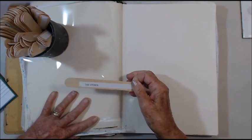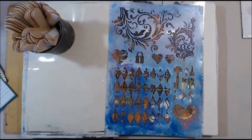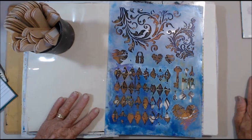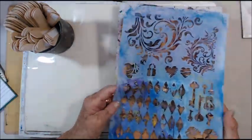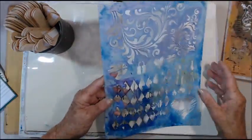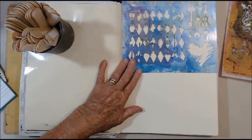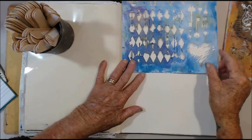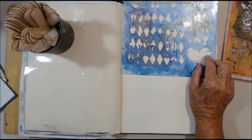What have we got? Use stencil. Right, I'm back and I've got a couple of stencils here. So now we're just going to decide what we're going to do with them. And I think I'm going to have a little bit of this around. And what colours am I going to use? Shall I use...